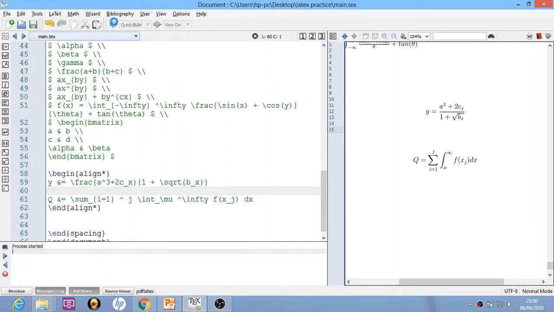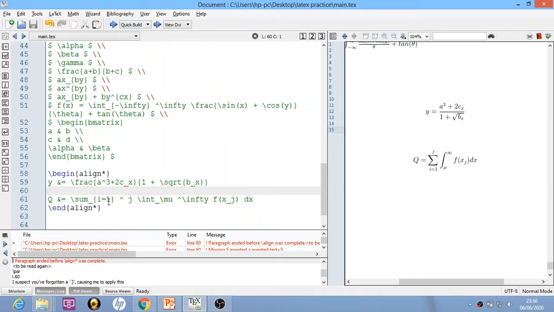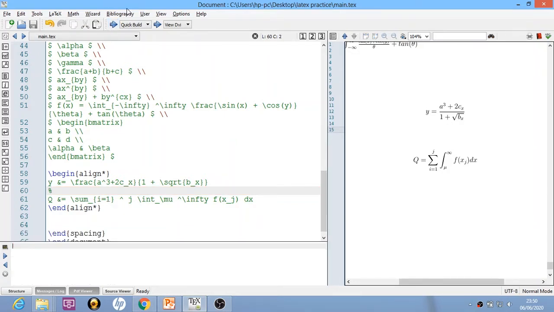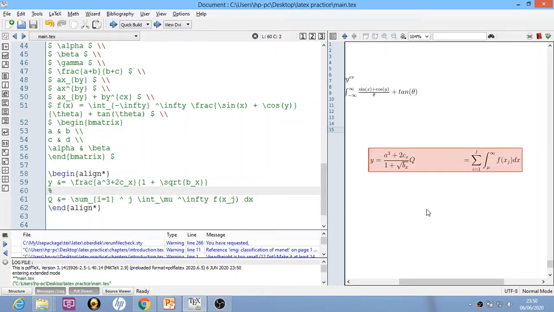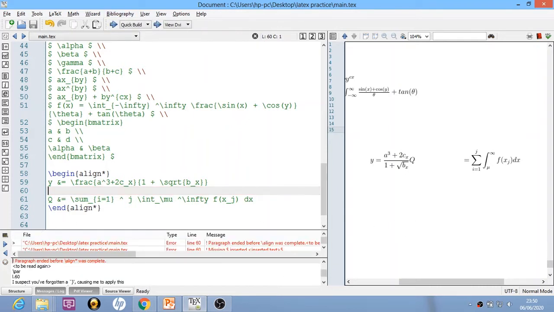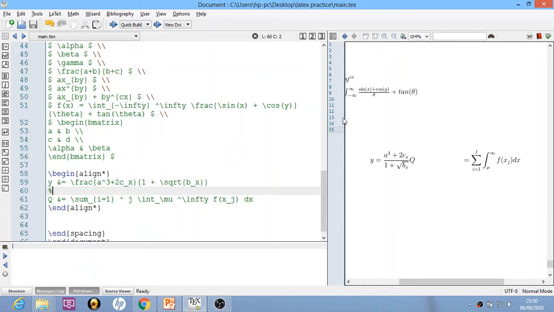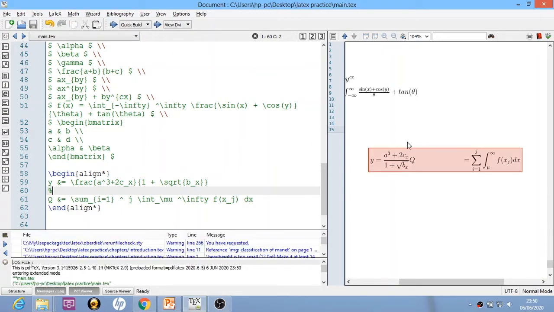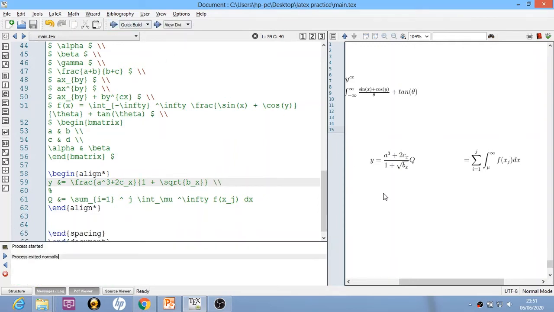So again I will compile this. Now you will see that you cannot add any blank line in align. If you leave any blank line and compile it, it will throw an error. So I will add a percent sign, which will be okay. Now you can see that the equations are appearing together. So I will add double backslash at the end of the equation and compile it again.